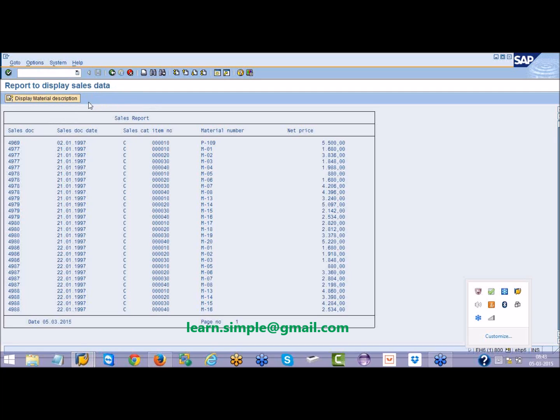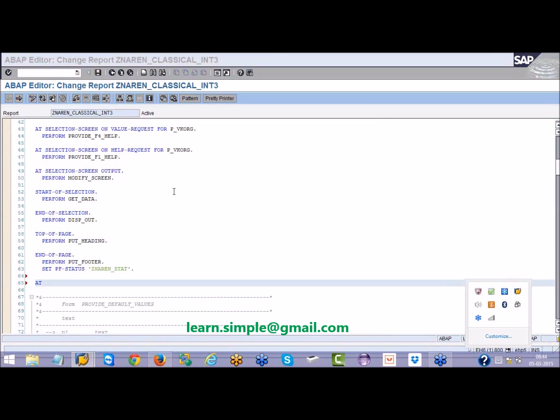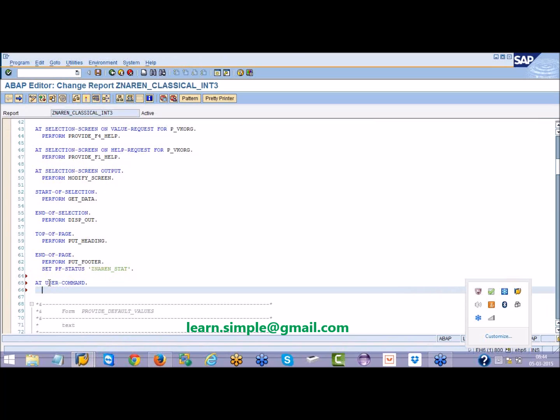Now what we need to do, when I click on a particular button, what is expected? For all the materials, I want a material description. Okay, so now what I'm doing here is I will give here at user command. So this is an event which I have to use. Here I will say case